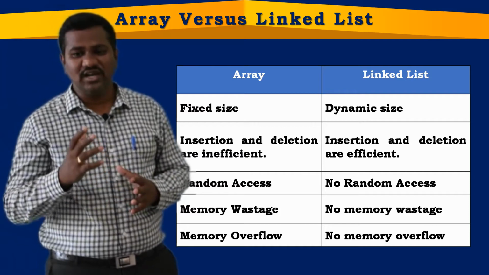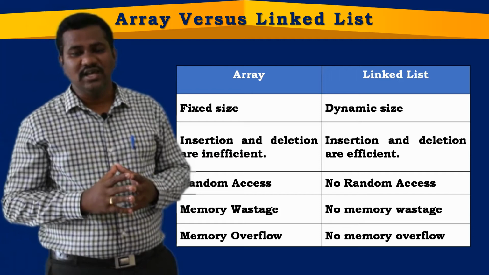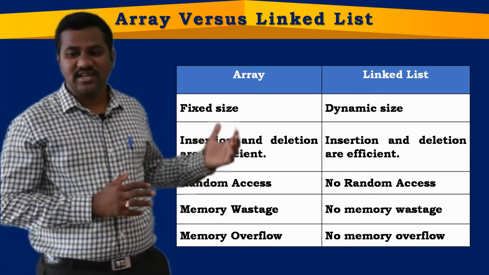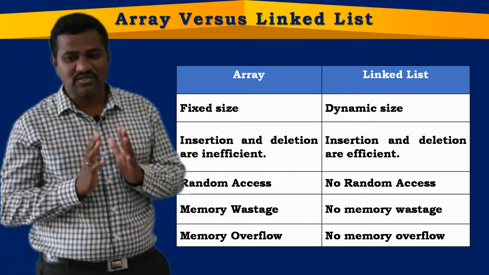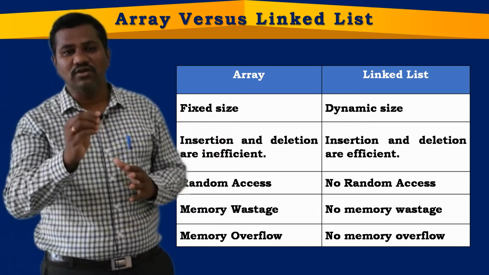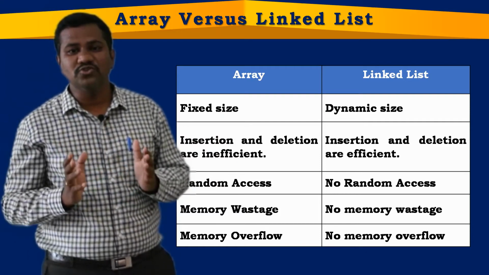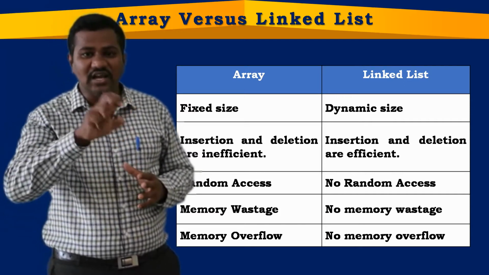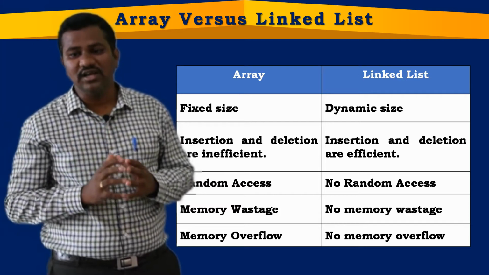That means we can delete any element in the list, and we can also insert any element in the list. Physical deletion is possible in a linked list, whereas in arrays, physical deletion is not at all possible. Suppose we have some set of elements in an array. If you want to delete a particular element, physical deletion is not possible. We have to shift the elements, whereas in a linked list, we can directly delete that particular element and deallocate the memory allocated for it.